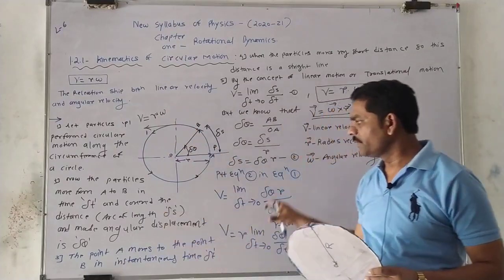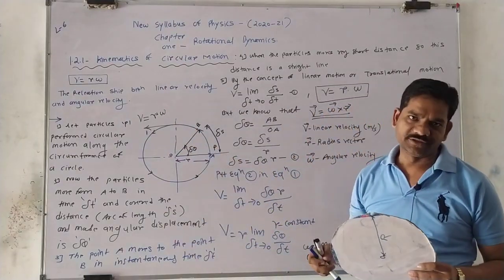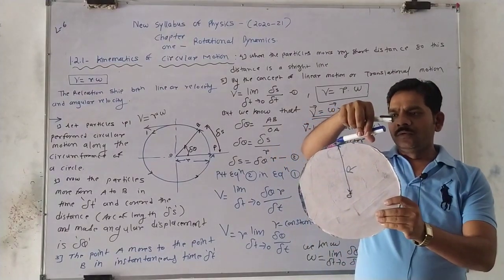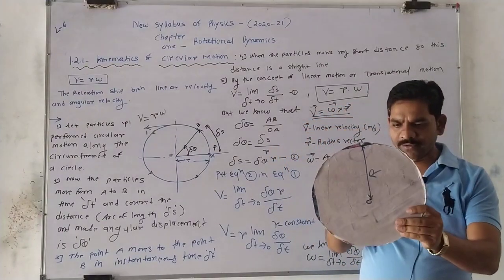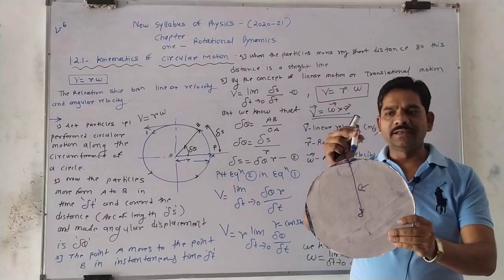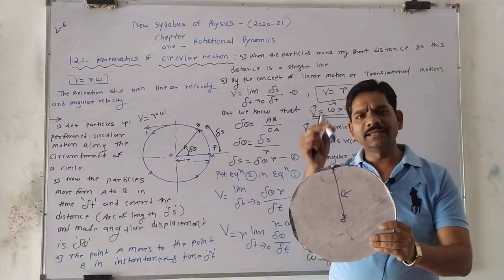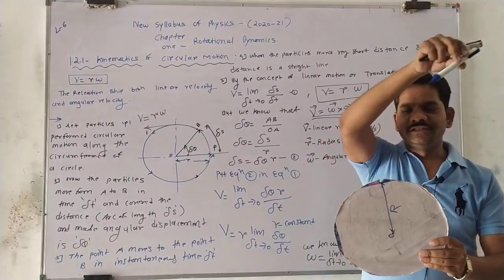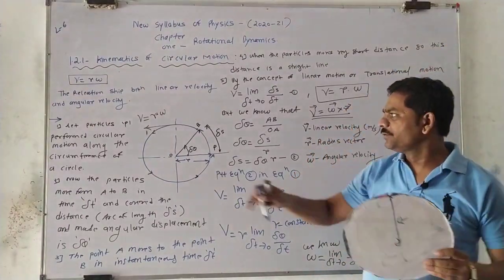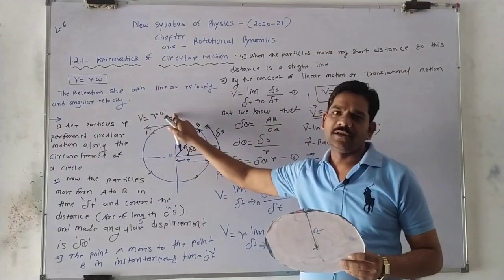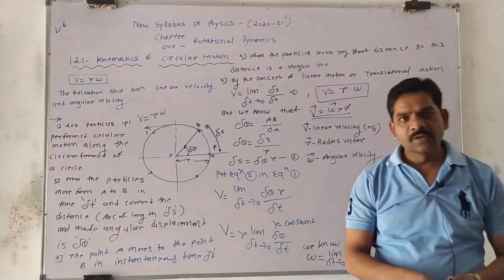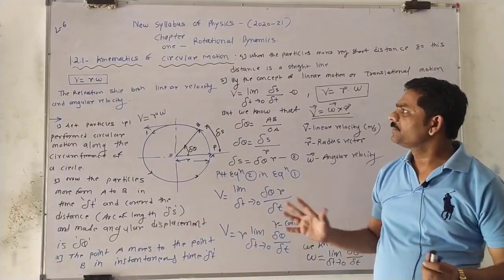And this proof we have to prove in that lecture. Got it, boys? Yes. So whatever position is located on the circumference of a circle, if the particle is released at any point, its linear velocity is tangential, and the magnitude is V equal to R into omega. Okay boys? Yes. So this is the concept.